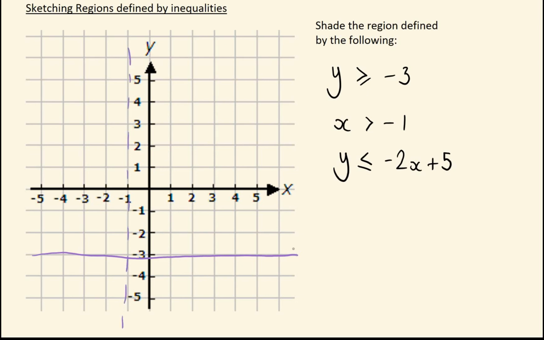So far y is bigger than minus 3 and x is bigger than minus 1, so we've kind of reduced it to this quadrant here so far. We have one more inequality, and that is y is less than minus 2x plus 5. So that is of the form mx plus c. It's going to start at 5. The gradient is minus 2, so 1 square across, 2 squares down. We do that a few times, we can see its pattern, and then we just get a ruler and join